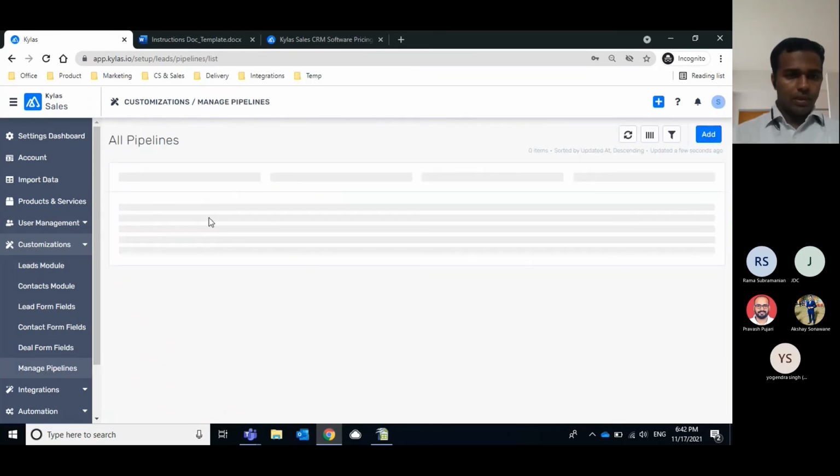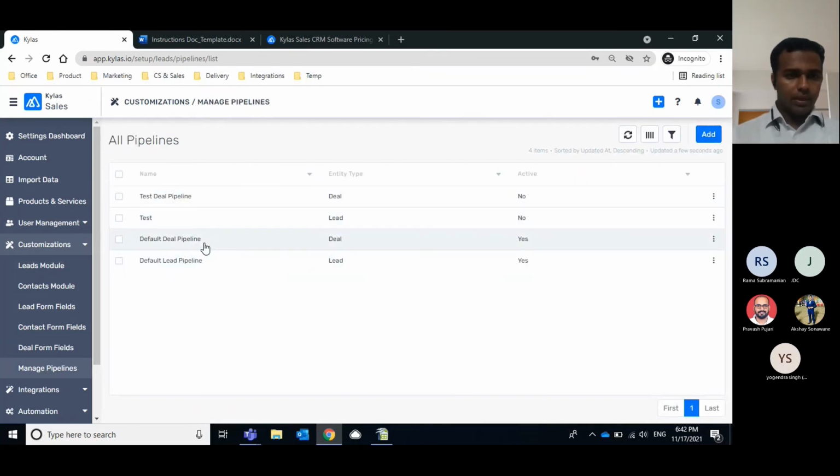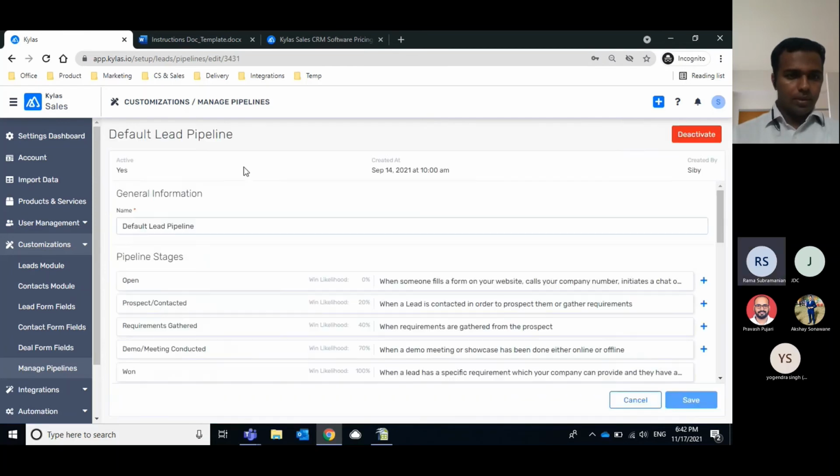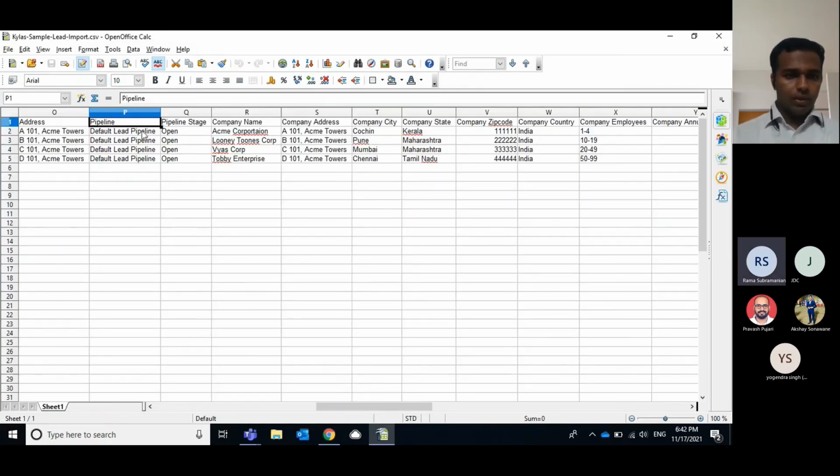I go to manage pipelines. For lead, I have a default lead pipeline. So the name should match exactly whatever is in the system. There can be multiple pipelines in the system, so whatever name has been given in the system should come.